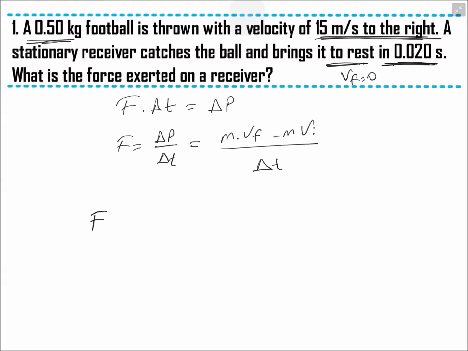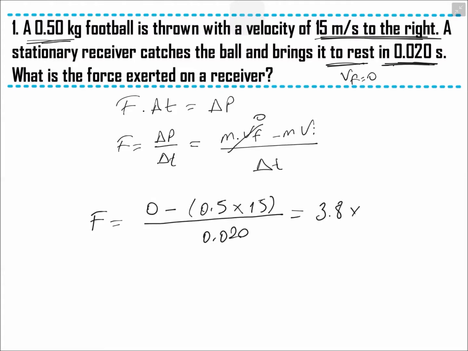So force equals, the final velocity of the object is 0, so it will be 0 minus m, the mass of the object, 0.5, times the velocity of the object, 15 to the right, so it is positive, it will be 15, over the time given, 0.020. So this result will be 3.8 times 10 to the 2 Newton, but the result will be negative because this formula